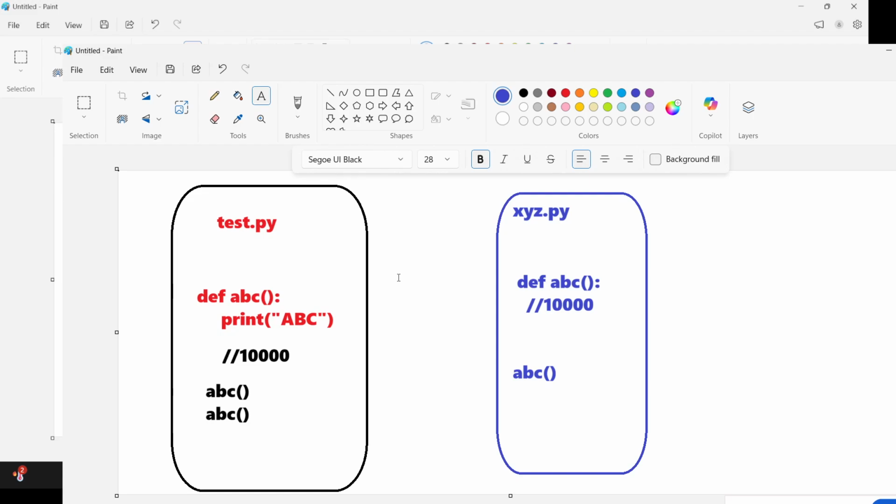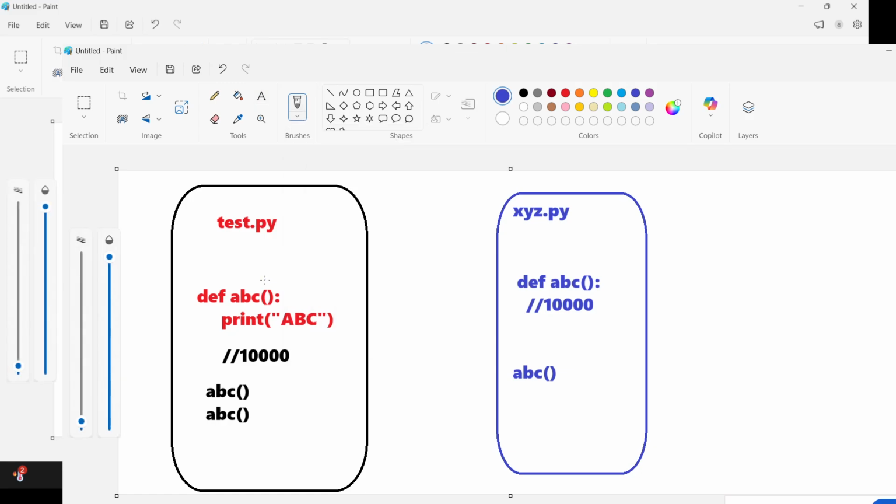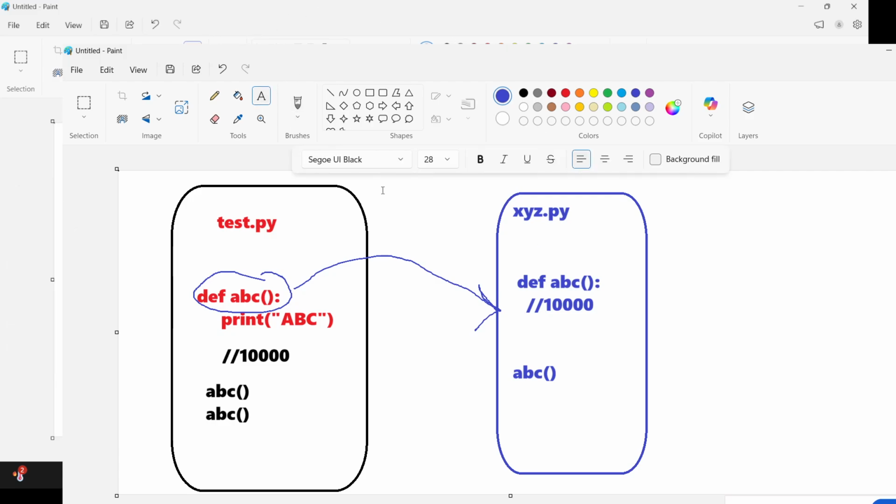And what we are focusing on today is a possible way that we can call the function of another file into another file. If you try to call directly without creating the function, it will give errors like undefined function. But how we can achieve that is the topic that we are going to see. The concept of calling another file's function into our file is known as modules.